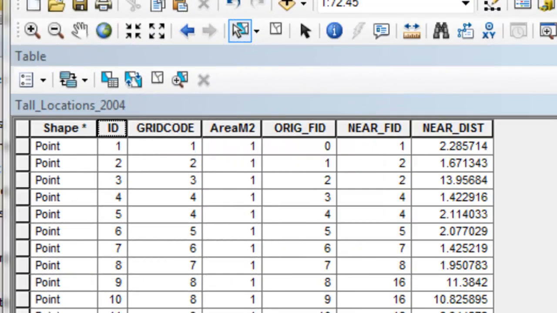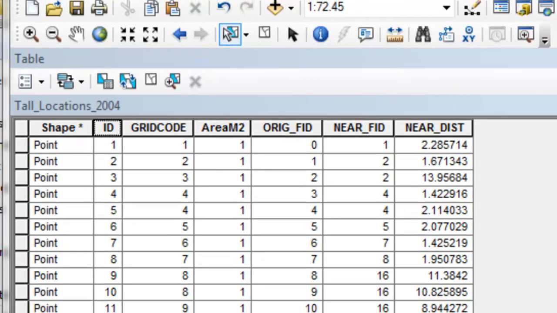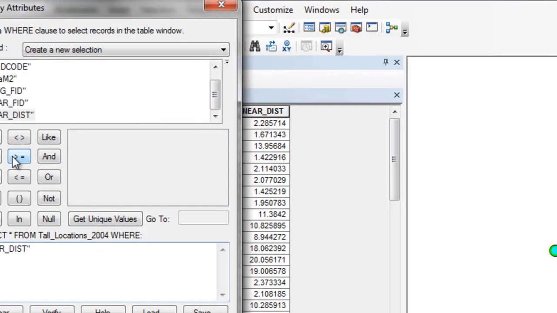So we're going to consider if the distance is 15 meters or greater, that likely represents a location where it was a tall white spruce tree in 2004 and it suffered canopy damage by 2014. So select all the locations that have a distance beyond 15 meters. So greater than or equal to 15 meters. For those points that have a distance greater than or equal to 15 meters to a tall patch in 2014